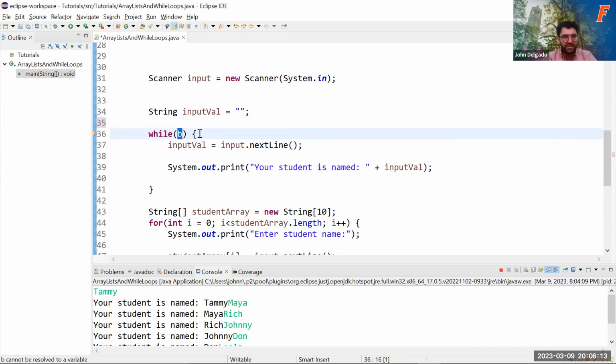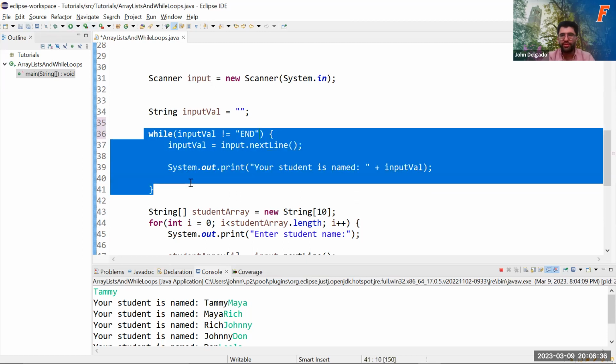So I'm going to say, as long as inputVal doesn't equal, and that exclamation point equal sign means does not equal, let's have it be a code that we know would obviously not be a student's name. And so I'll say END in all caps. And so now this while loop will continue to run as long as,